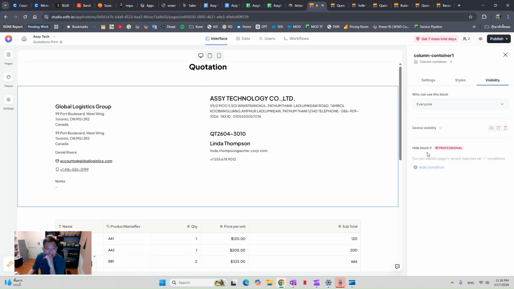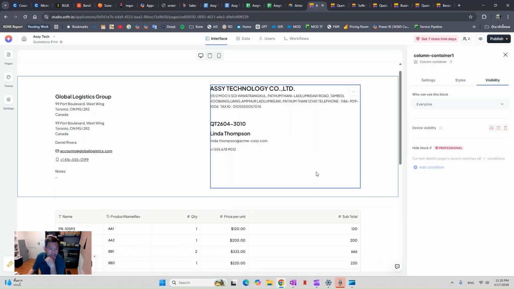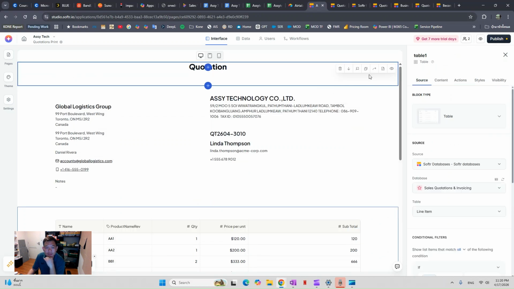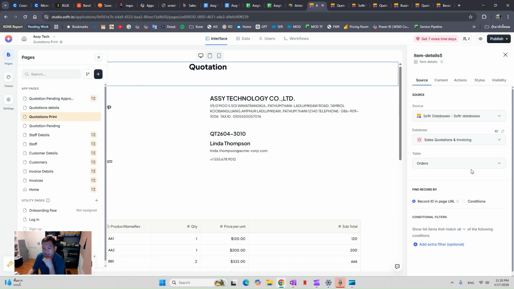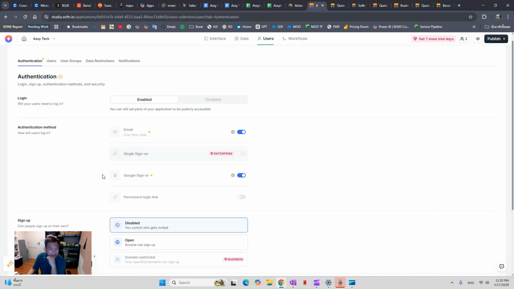Yeah, okay, here. So if we want to hide a block, we need to go up to professional to see this block. But to see the full page, it should be here. But if I'm not mistaken, you need to set up the user group here.